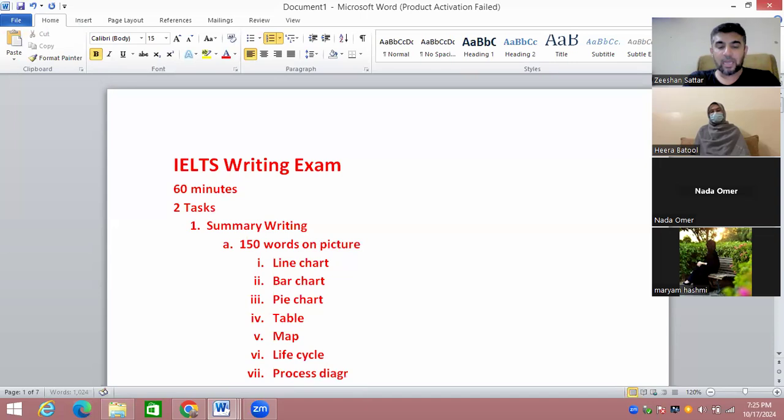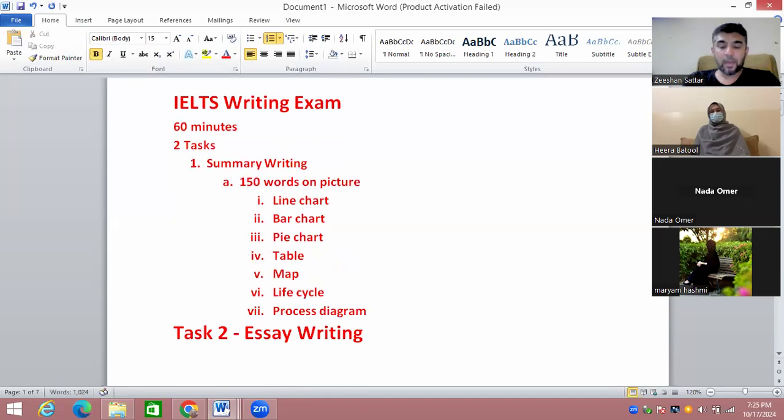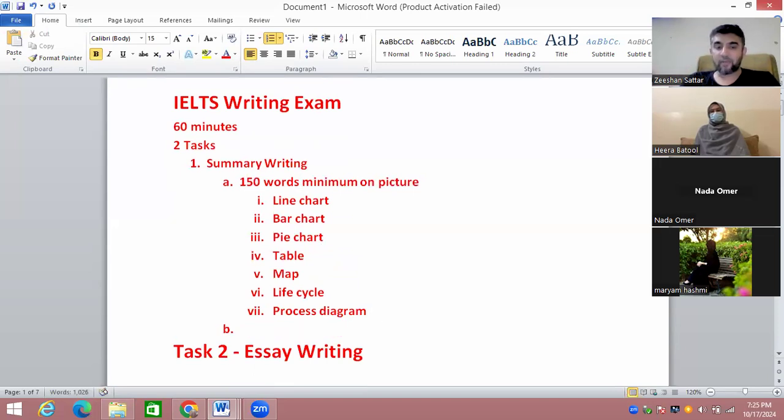So we need to write 150 words minimum on a picture, and this picture can either be a line chart or a bar chart or a pie chart or a table or a map or a life cycle or a process diagram. This specific task number 1, summary writing for the academic students, gives 33% marks in total,